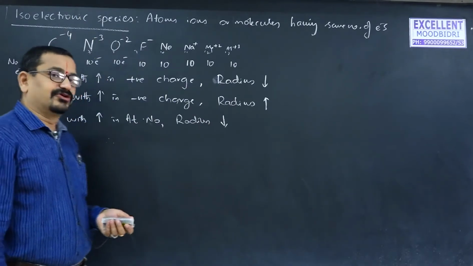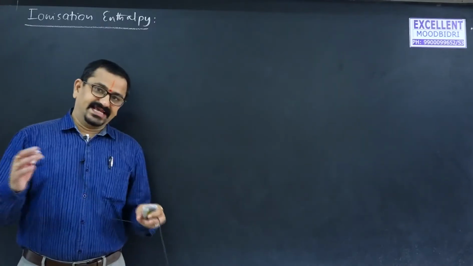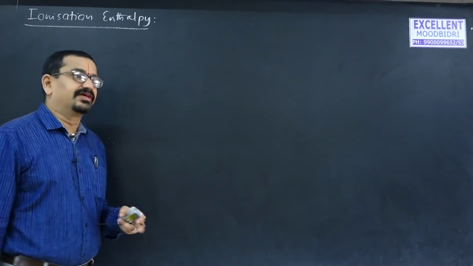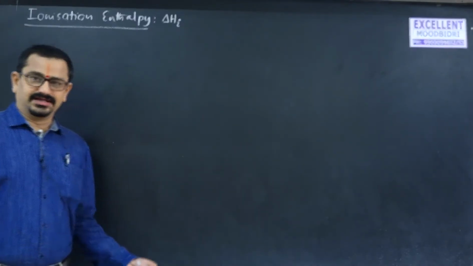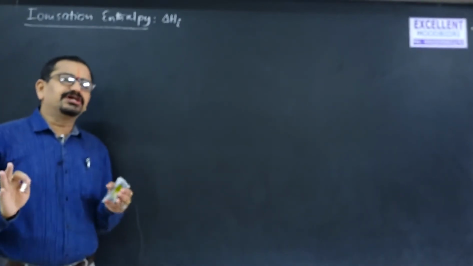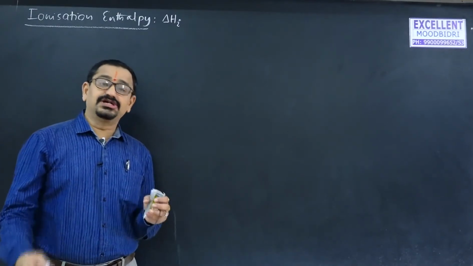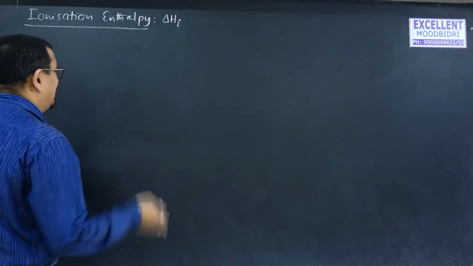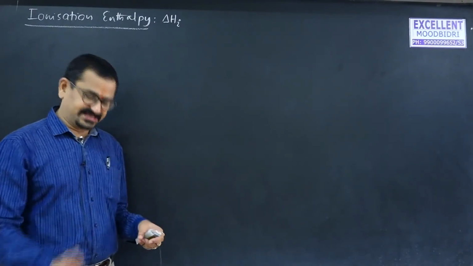So, on this particular point, a few questions may be asked. So, apply these shortcuts. See, our next topic is ionization enthalpy, which is given as delta H ionization, right? Ionization enthalpy is a measure of the ability of an atom to lose electrons. Less ionization enthalpy means it can more readily lose electrons. That's what it means. Now, let us go through the definition.